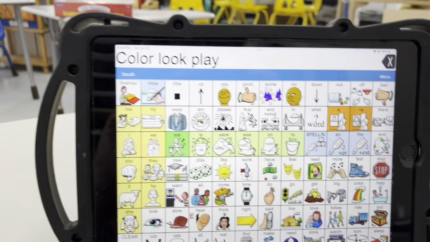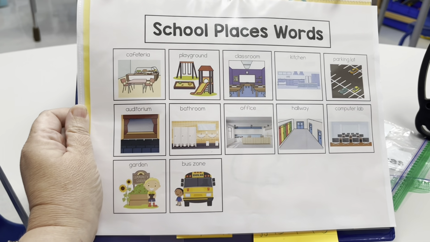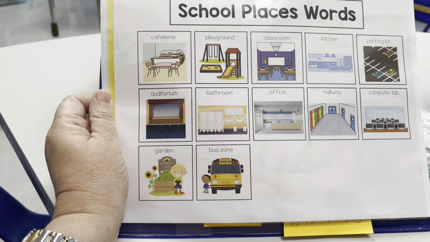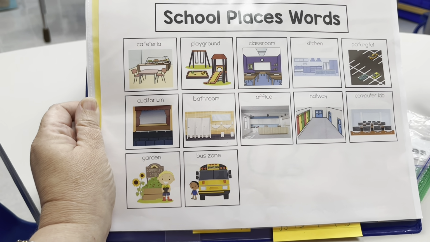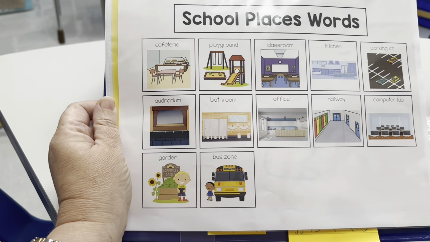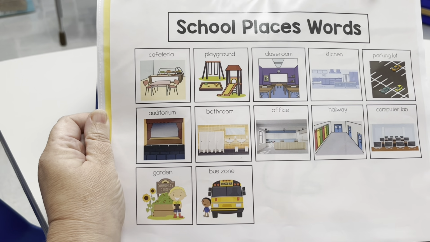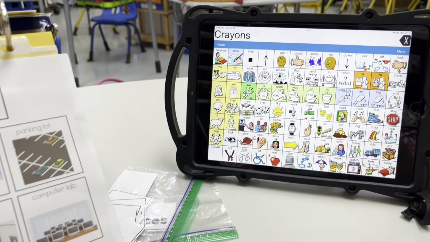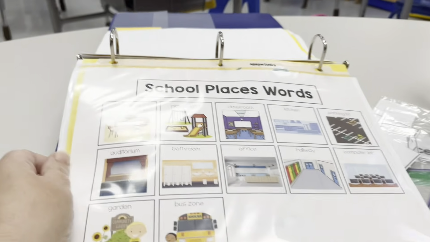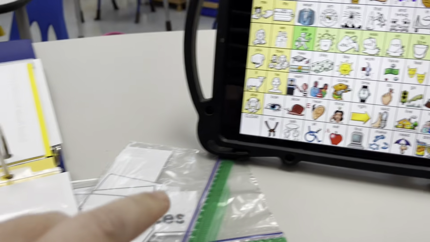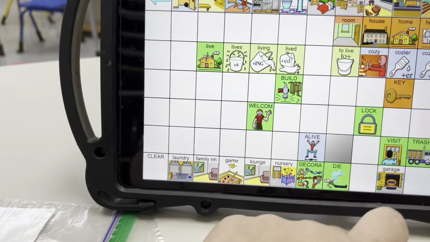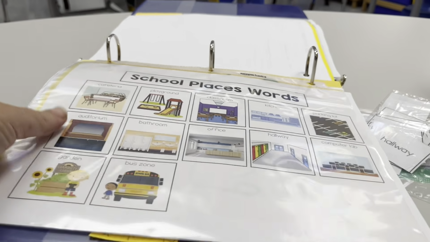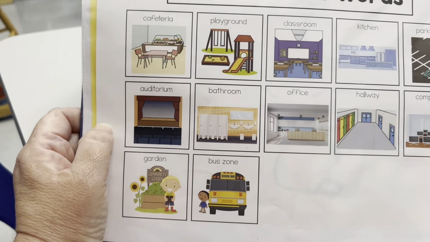as well on their device. The next level for me, I believe, is finding school place words. This to me is a bit challenging and difficult. So it's great for them to have this type of skill to where we actually just talk about the different places. We find them on their AAC devices. Like for example, the word bathroom. I definitely want them to know the word bathroom. Bathroom. And so that way they are able to tell me where they would like to go or where they need to go.